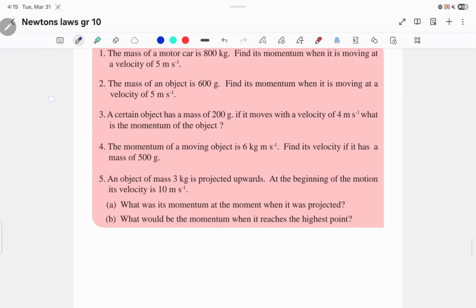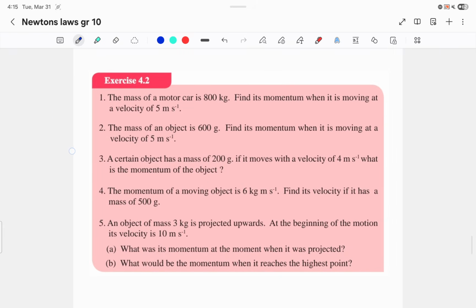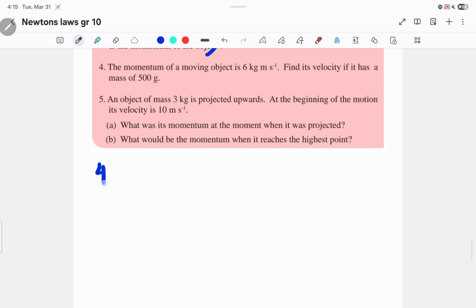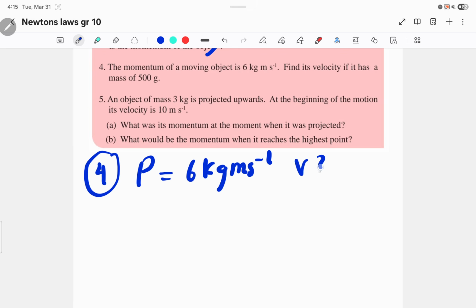Let's move to the other page. We did these things, right? So I'm going from the fourth one. The momentum of a moving object is 6. P is given as 6 kg m s^-1. Find its velocity. Asking about velocity. It has a mass of